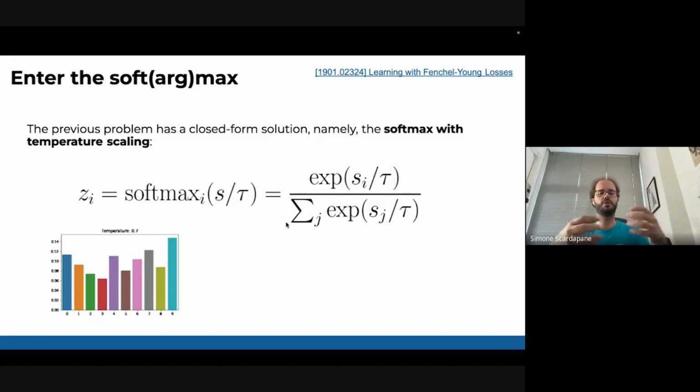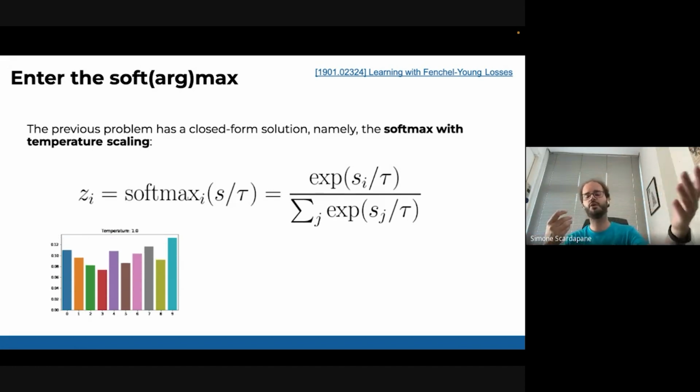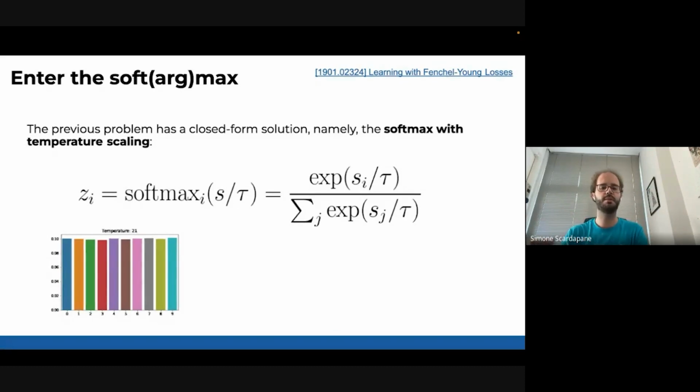It's typically used in the attention layers in the transformer and in the output of a classification problem. It takes our vector of scores and transforms it into a vector that has values larger than 0 and that sum to 1. And we have this temperature now in the denominator.